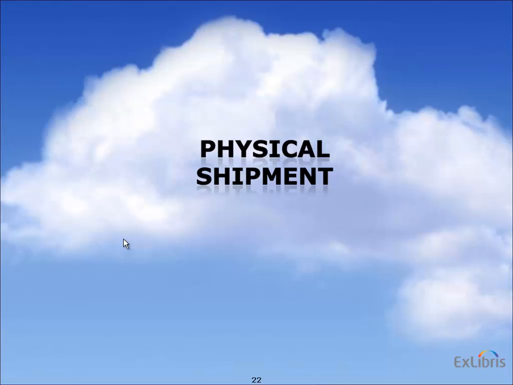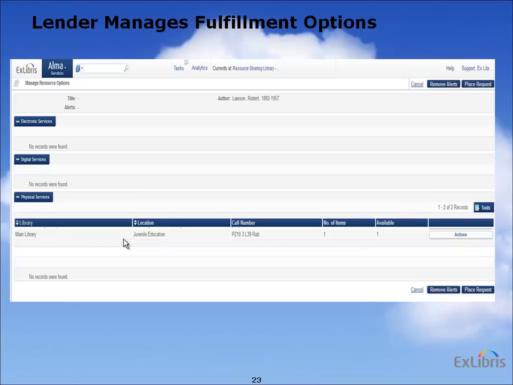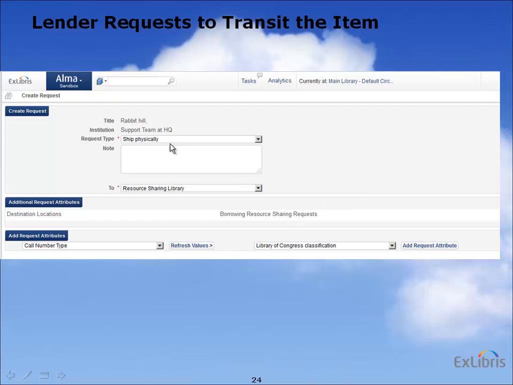Now the lender will need to ship away this item. And as we mentioned, there are two ways to ship away this item, either as a physical one or as a digital shipment. Physical shipment means I'll be getting this item off a shelf and sending physically the item to the borrower. That will be done using the Manage Fulfillment options that we've mentioned before when we were looking at the broker option. So again, using the Manage Fulfillment option, I'll see that I do have some physical item, and I'll choose the request option that we've seen a couple of minutes ago, and select the Ship Physically option to